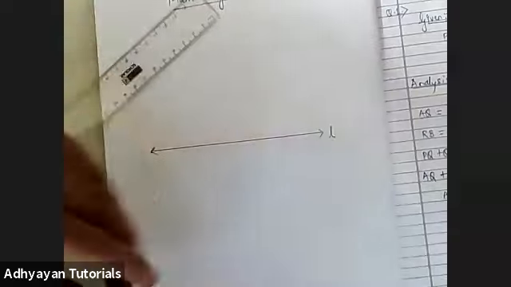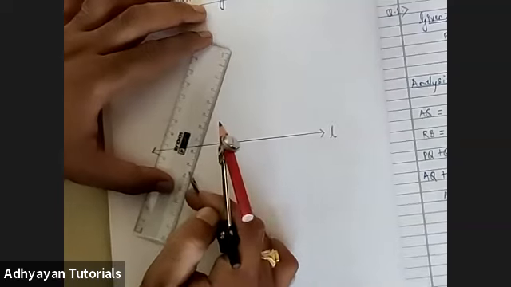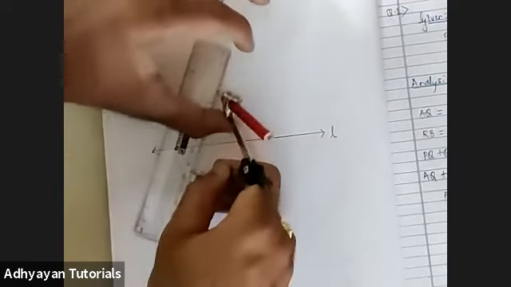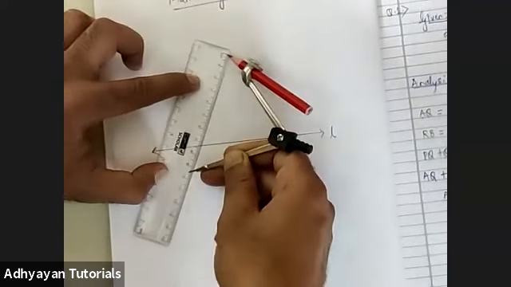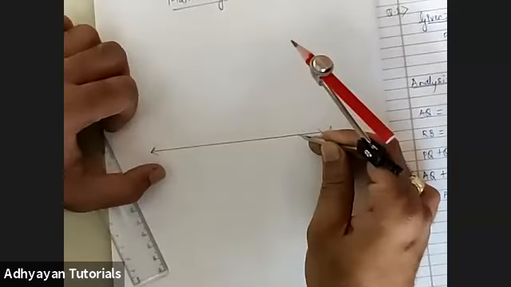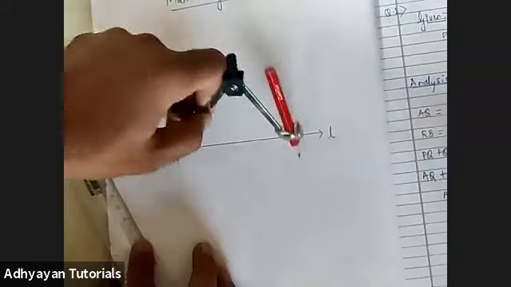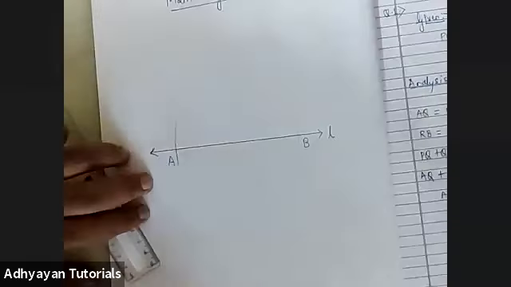So in order to draw 9.5 centimeter, I take 9.5 centimeter on the scale, children, which is here. Right. So children, I've taken 9.5 centimeter in the compass, the measurement. I place it anywhere on the line, and I draw, you have to measure, I haven't changed the measure. I place the pointer on this mark and I draw an arc here. So this is A, this is B.